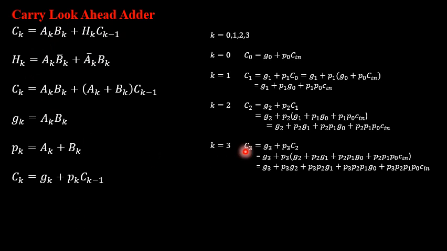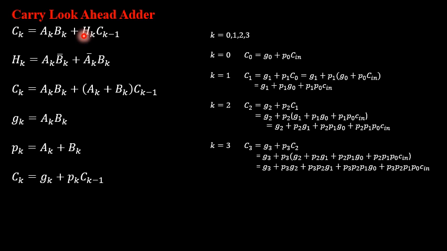If you have a look at the following expression which I have written over here, it is mainly considered from the concept of the full adder cell, which I had explained to you. On the basis of the truth table we have drawn, we have seen that the expression for the carry output can be written like this. That is, Ck is considered the carry output. A and B will be the main inputs you apply to a full adder cell, along with Ck minus 1, which is the carry input. We have also discussed what Hk is.